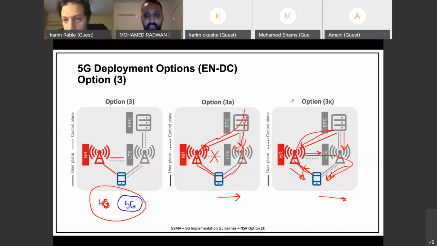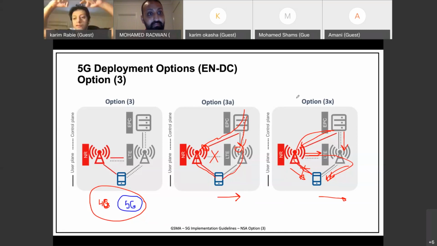Okay. I believe the last question from Mahmoud is, we discussed it, he just wants to confirm that for the download traffic, as we mentioned, it will be from EPC to NR, all the traffic will go there, and then the split will be on the NR itself. Yes, exactly. The split is most commonly not happening from the EPC. It will happen from the new radio. But this is a very important point, that's for one bearer, single bearer.